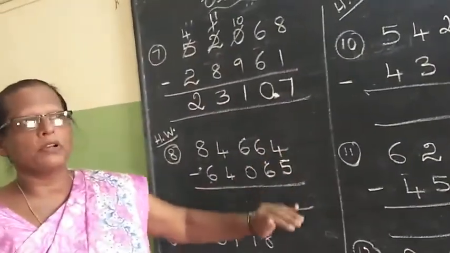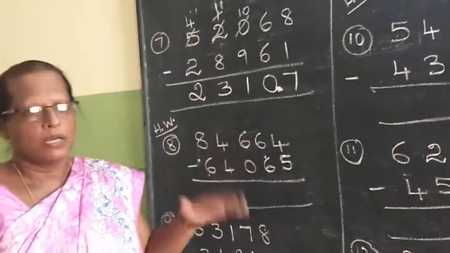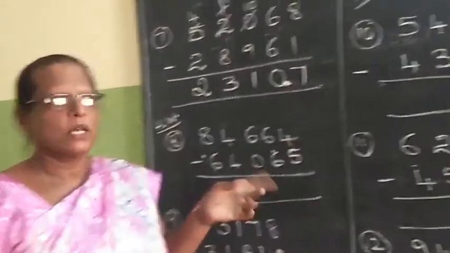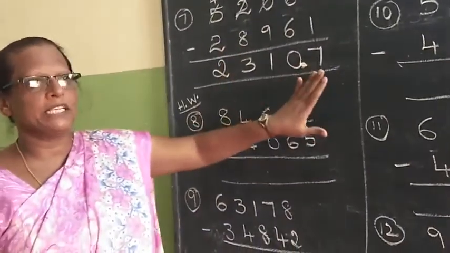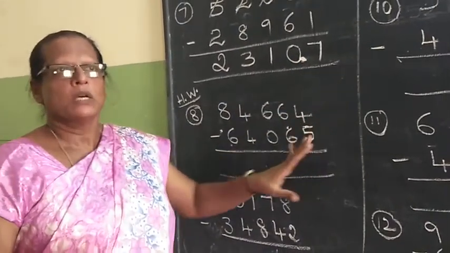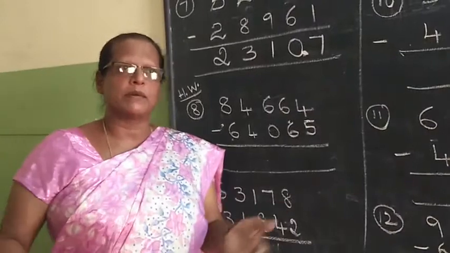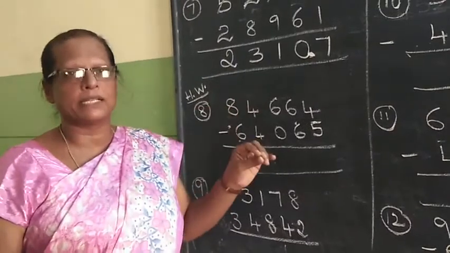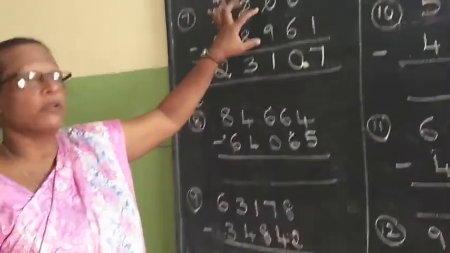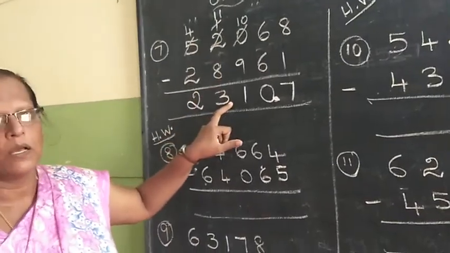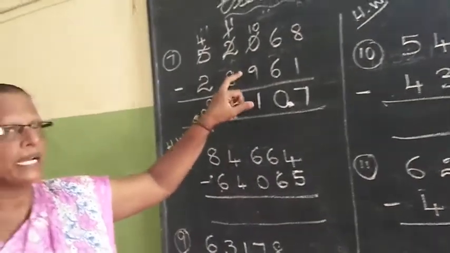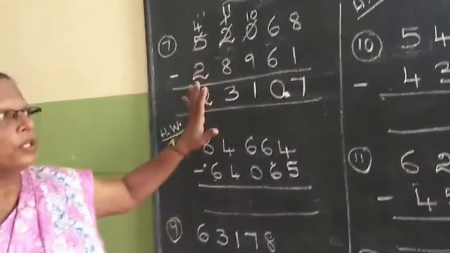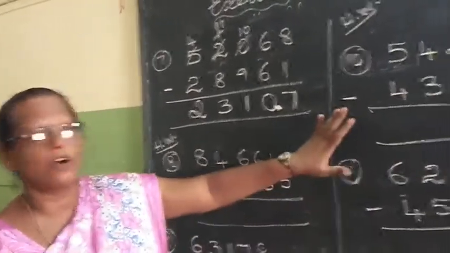So now itself you copy down in the rough note so that it will be easy for you to write. In addition also, likewise, 12 sums are there, I have taught 8 sums. What I am teaching you can do in the notebook. Miss, in the book 16 sums are there, Miss gave only 12. No need to worry. If you want, you can do it by yourself in the book itself. Okay children, in the question you have to copy down in black pen and the answer in blue. Don't forget black, because all in the same color would be very hard. So you do like that, and 5 sums I have given for homework.